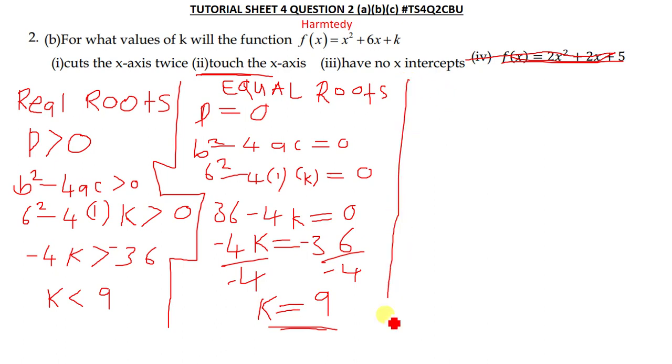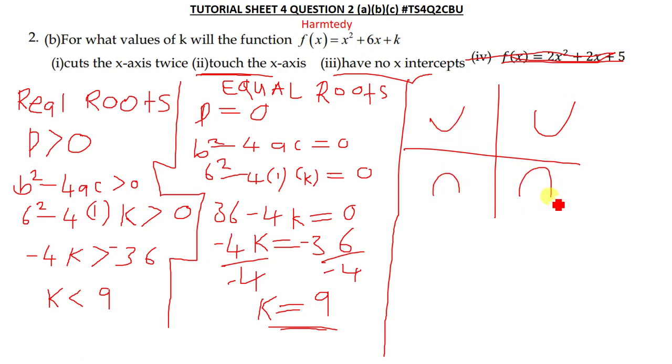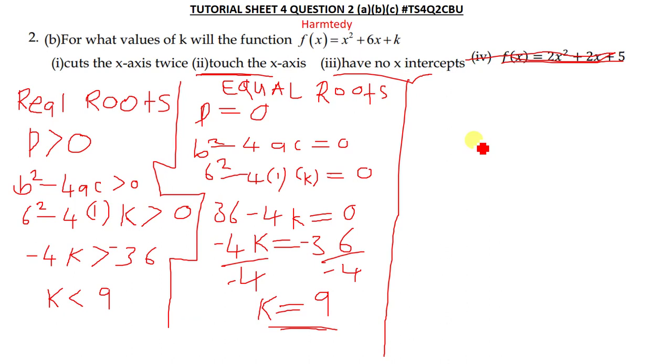So let's quickly move on to this other part. When they ask you for what values of k will this function have no x-intercepts? If it has no x-intercepts, meaning it's either like that, or like that, or like that. It's not cutting the x-axis at any point. Alright, so if this is the case, what you do is you simply say this